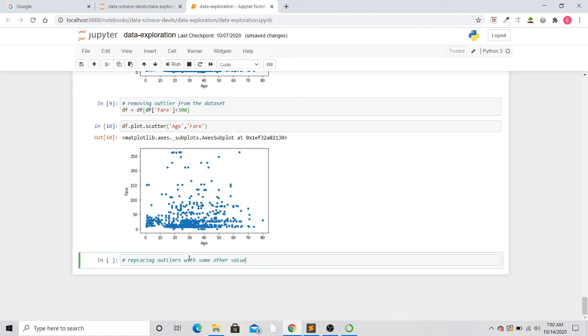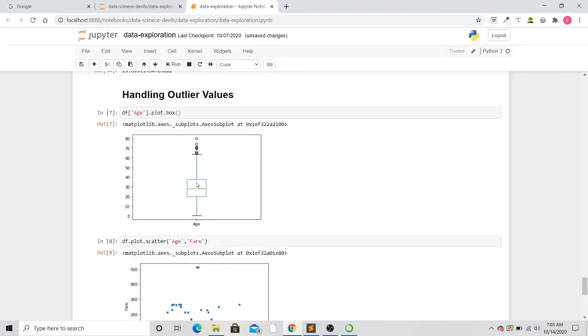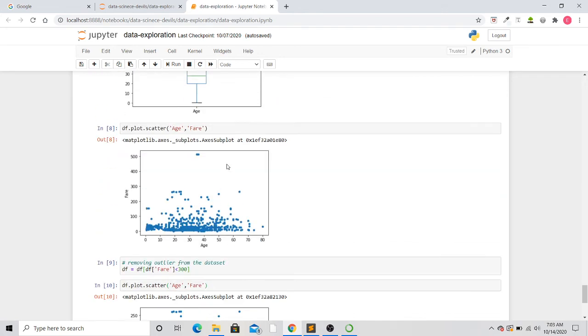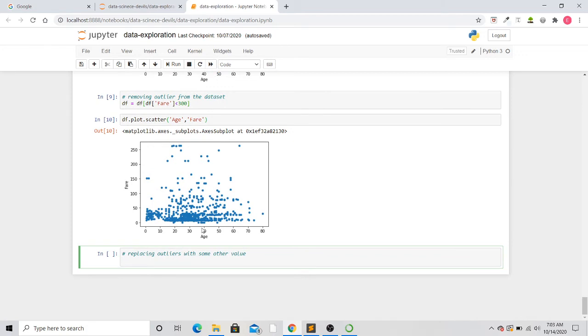But what you have to do, you have to replace your outliers. Now you can replace your outlier with anything, but my suggestion to make your data science project look more different is to replace your outliers with the statistical value. So here I am going to replace the age outliers present in my dataset with the mean age.